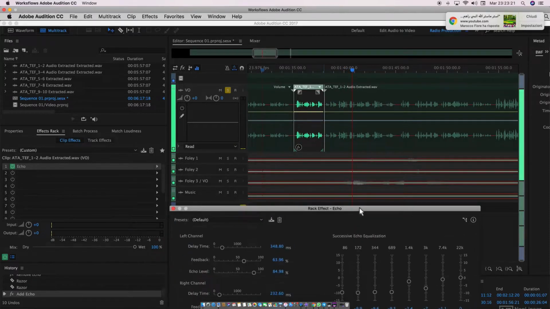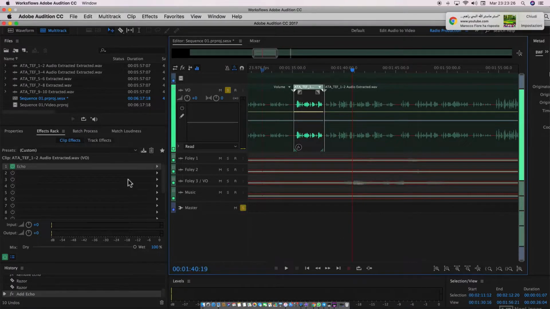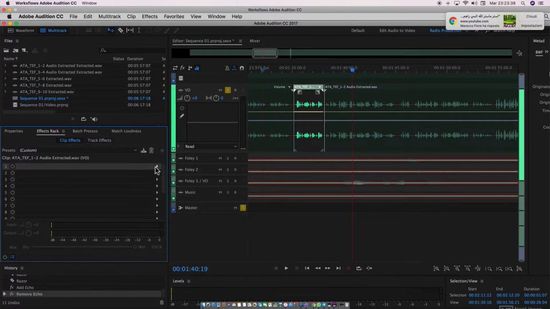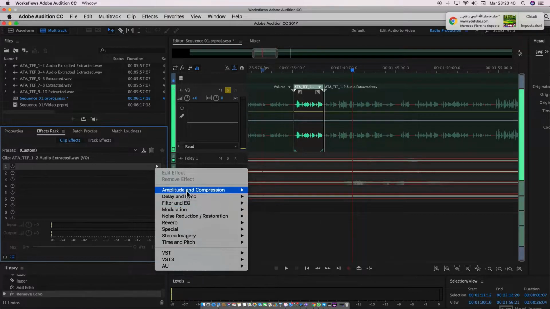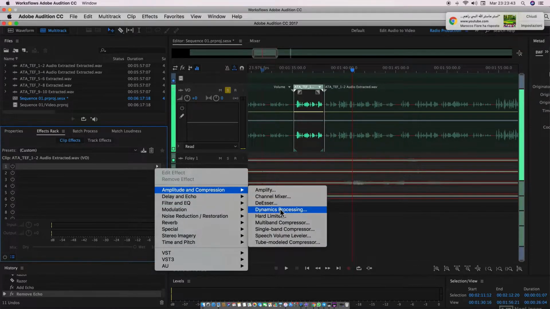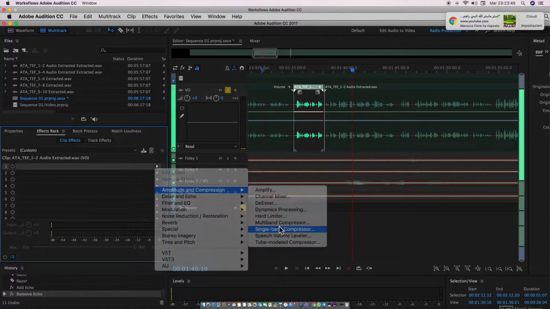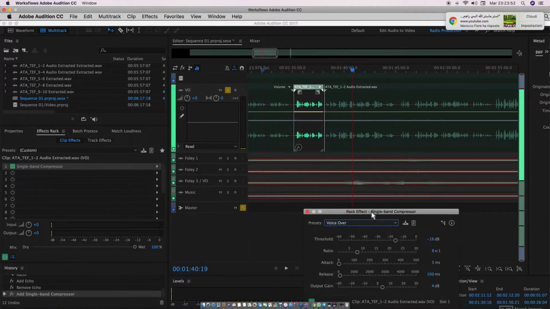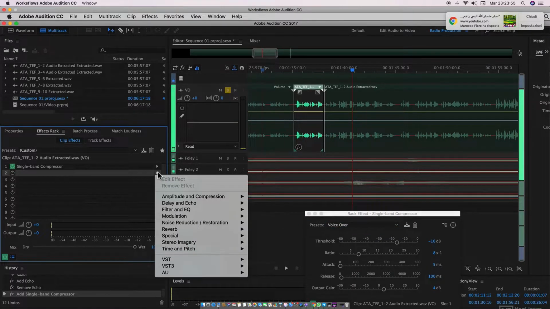Okay, so that's quite an extreme example. You wouldn't normally necessarily put that kind of effect on something, but what you might do is, if you were trying to match up some speech or some sounds to the action in a video, for example, have not echo, but you might have compression and reverb, for example. So if I was to add some compression, and I was to say a voiceover compressor plus some reverb,